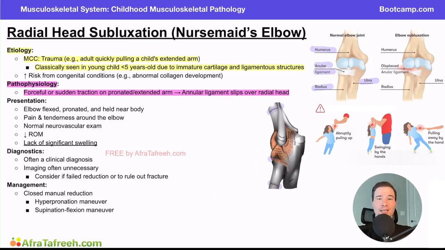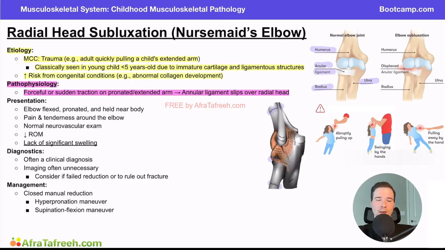Similarly, children are at high risk if it's a pronated arm. Recall, in a pronated arm, the palm is facing down versus a supinated arm, the palm is facing up. And you think of the supinated arm as in you're trying to hold a cup of soup. If you were to pronate and turn the hand down, you would drop your soup. And so that's how I remember supinated, palm is facing up. Pronated, palm is facing down. So again, patients are not always in this position, but this is a very classic or high-risk position for children